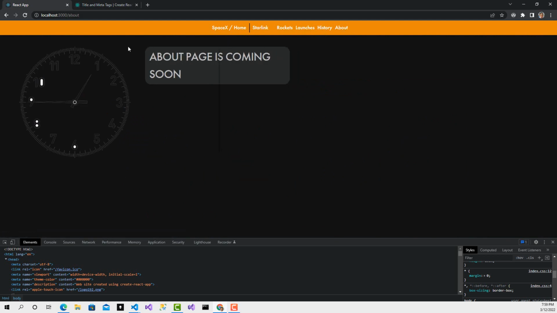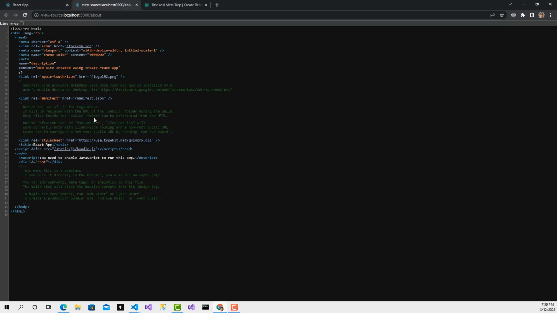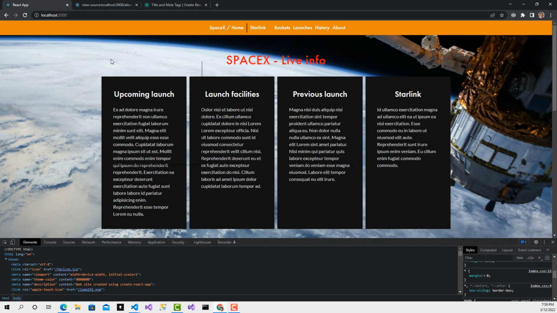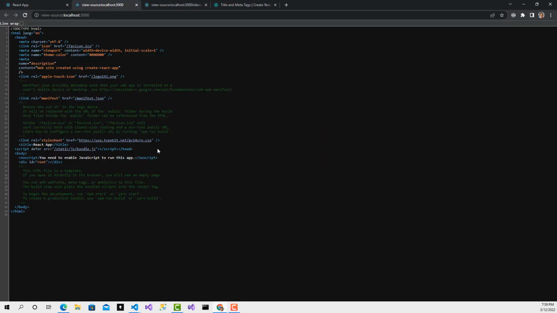Now you'll notice that if I look at the page source, then it has this default title, and it has this meta description, and this doesn't change from route to route, right? When you go to the home, and then again if you say view page source, then again you see the same description and you see the same title. So what we have to do is read this HTML file and then substitute, have placeholders. So for that, we need to create a